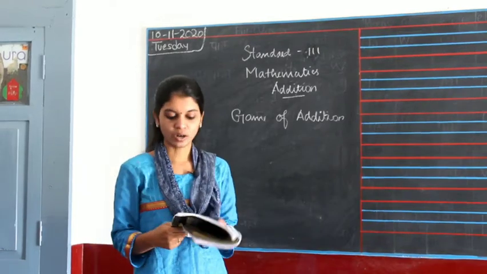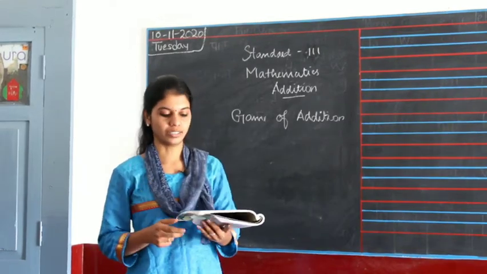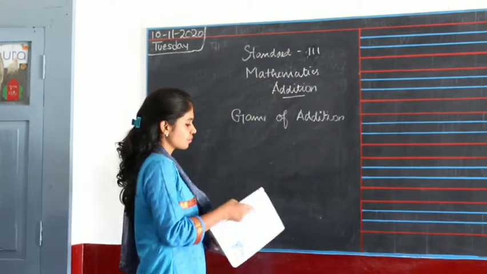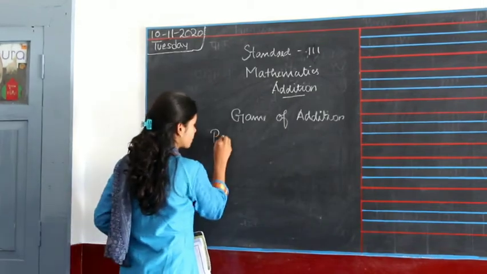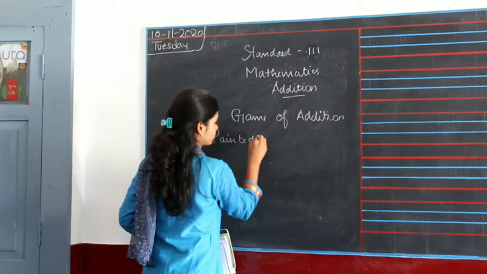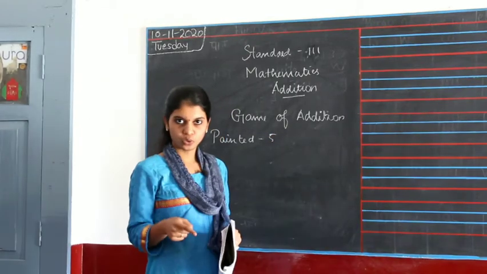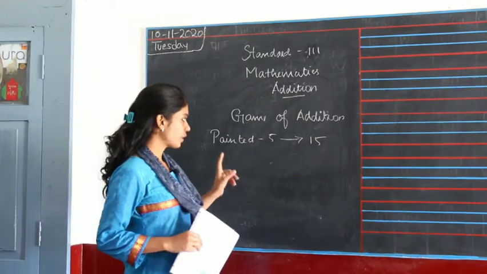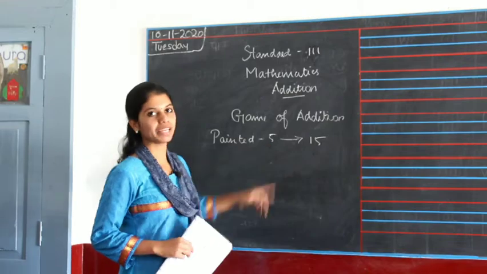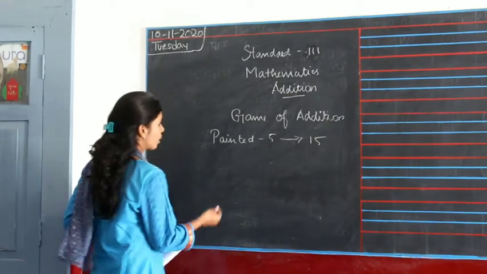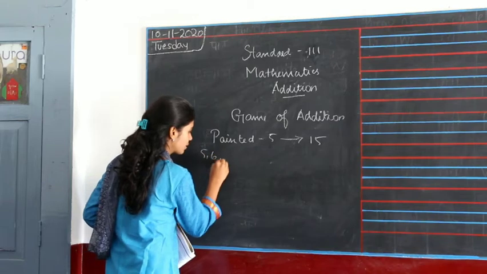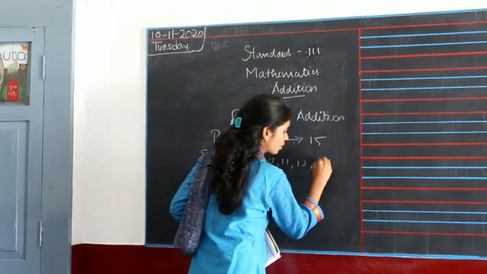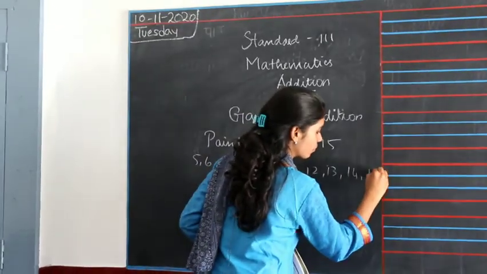We have a landlord who has a house which has 100 rooms here. Some of the rooms have to be painted. Room number 5 is painted. Now, he has to go to room number 15. To reach room number 15 from room number 5, we can go in two ways. First one is 5 to 6, 7, 8, 9, 10, 11, 12, 13, 14 and 15.